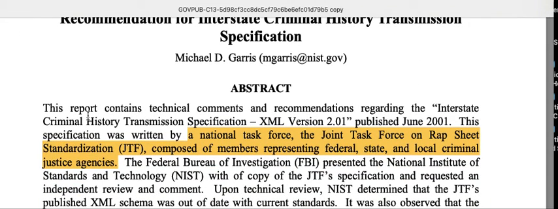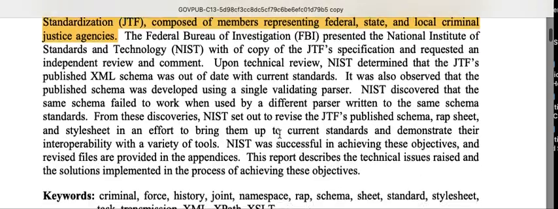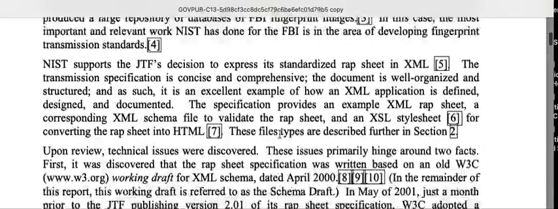this report contains technical comments and recommendations regarding the Interstate Criminal History Transmission Specification, XML version 2.01, a national task force, the Joint Task Force on Rap Sheet Standardization, JTF, composed of members representing federal, state, and local criminal justice agencies. This has nothing to do with the actual people. This only has to do with their system that they use on the computer to track these things and document information and such. And the point I want to make here is that when you go down here